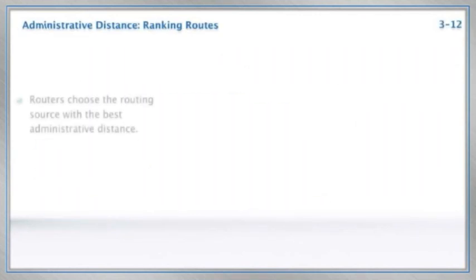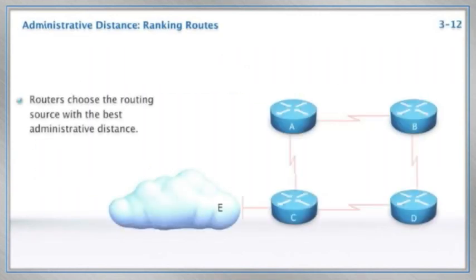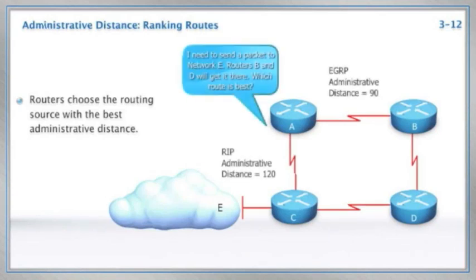Now, what happens if your router is running multiple interior gateway protocols? What if it's running RIP and it's running EIGRP? Wow, I've seen this slide a million times and I just noticed that there's a typo there. That's amazing. So that's EIGRP, of course. Well, if your router, let's say router A, is running both of them, and both of them say, hey, I know how to get to location X,